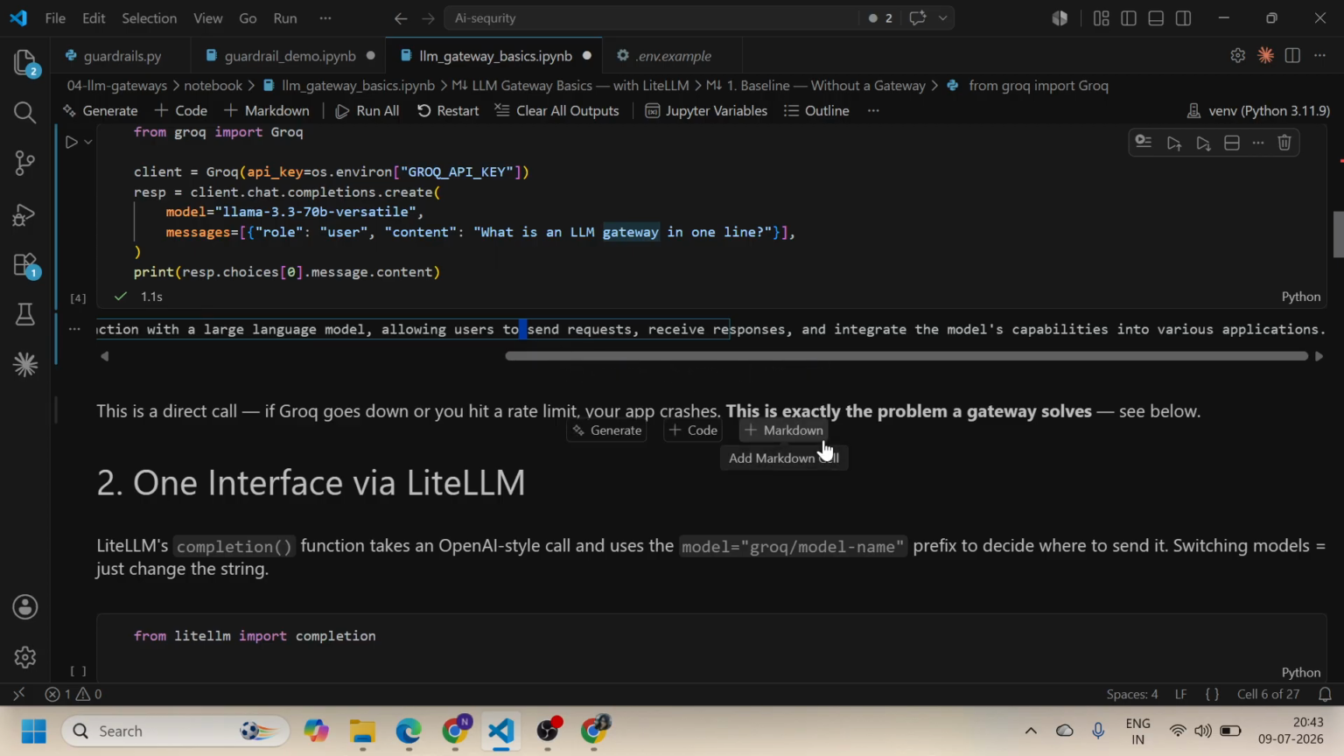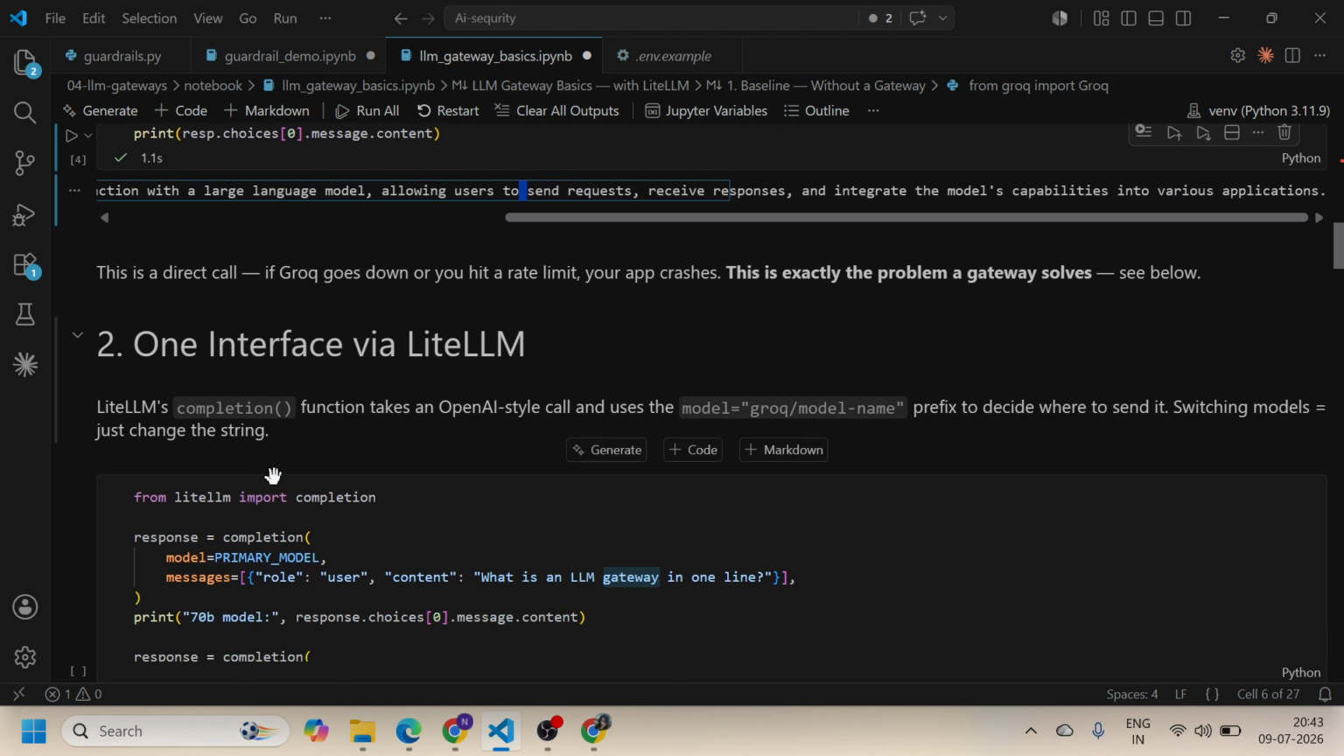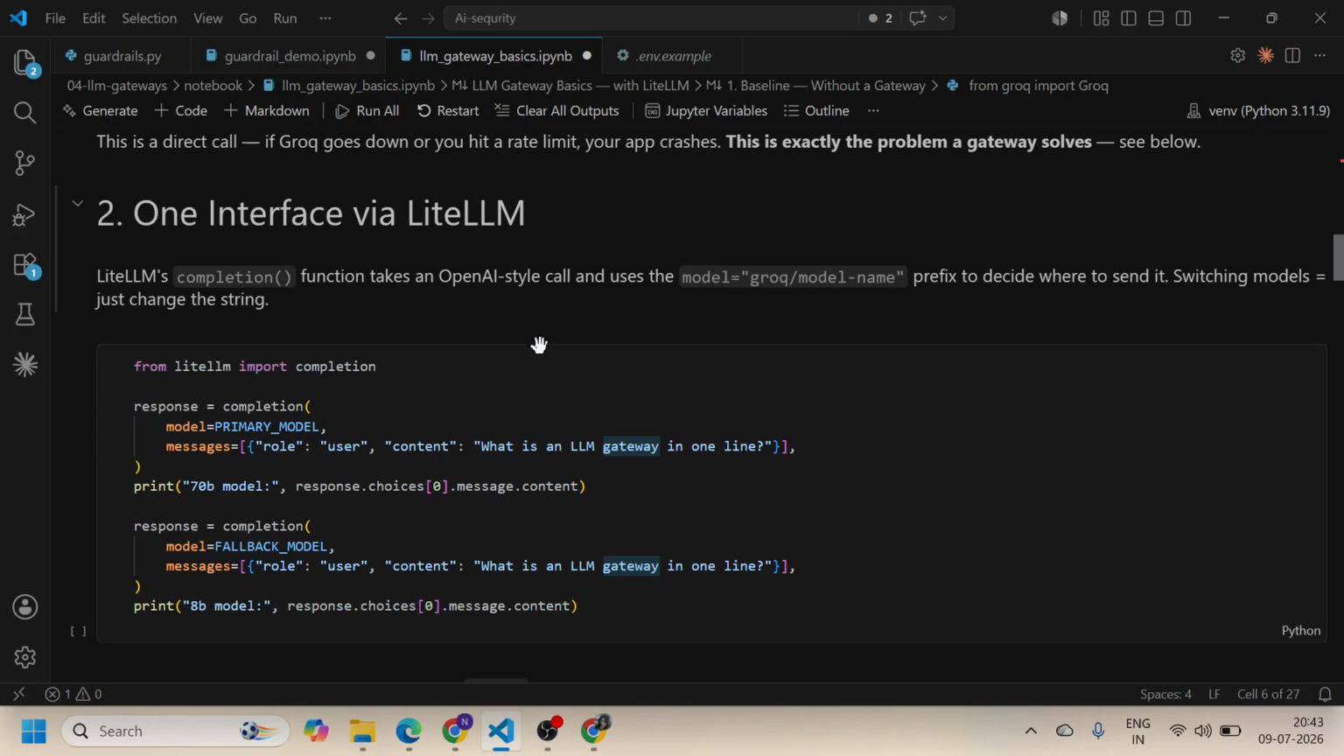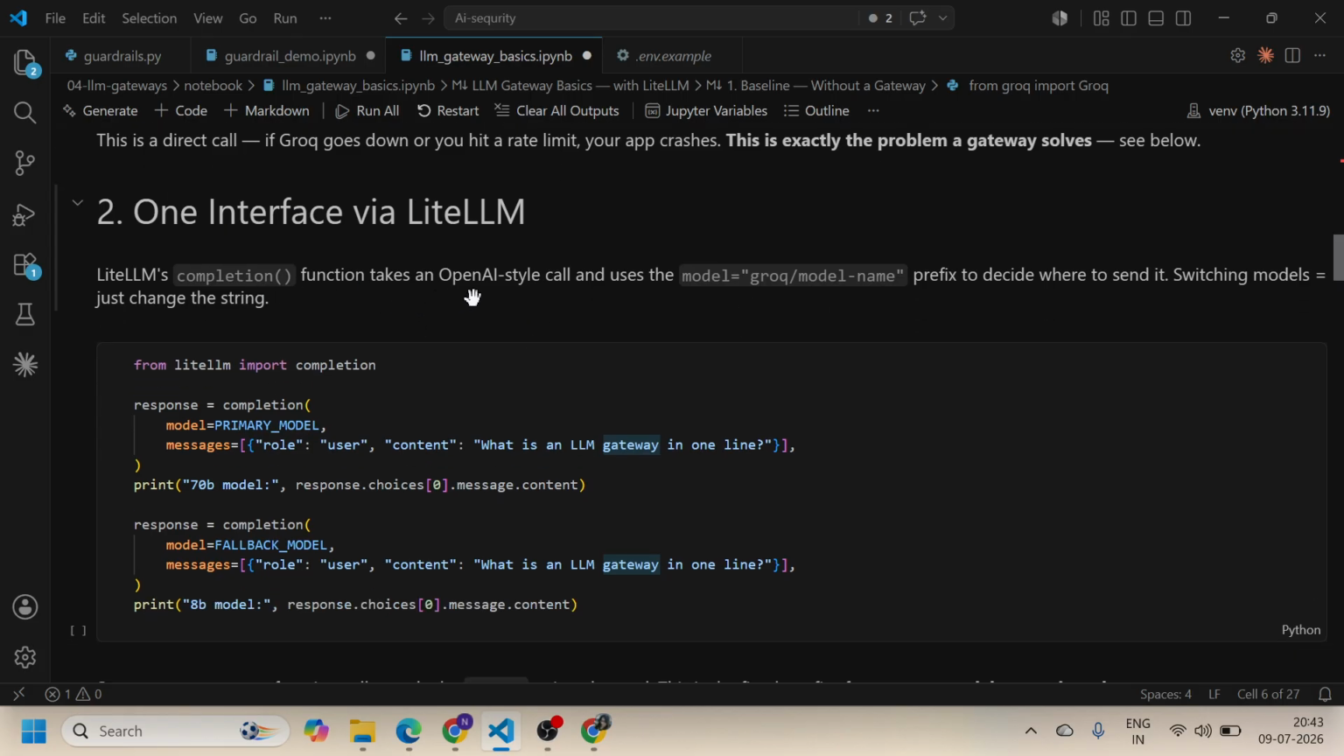The problem a gateway solves. One interface by LLM. You can see here LiteLLM gives us one common interface for many different LLM providers. So we use the same function for every model. To switch the model, we only change the model name. No other code changes are needed. The LiteLLM completion function takes the OpenAI-style call and uses the model's Grok name prefix to decide where to send it, and to switch the model,